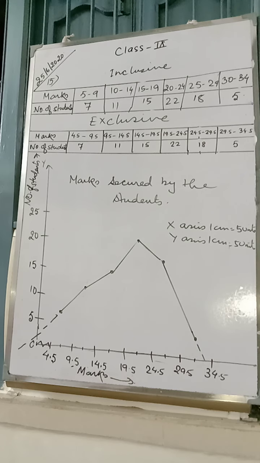Number D, which state has the total production of wheat and sugar as its maximum? Again you can see this is UP. When you add it up, it is 15 plus 8, 23 million tons. And other states do not have 23 million tons. You can see Punjab is 12 and 8, 20. So UP has the maximum production, including wheat and sugar total.